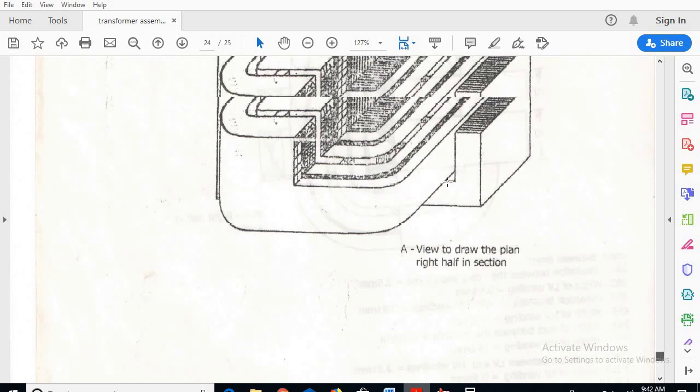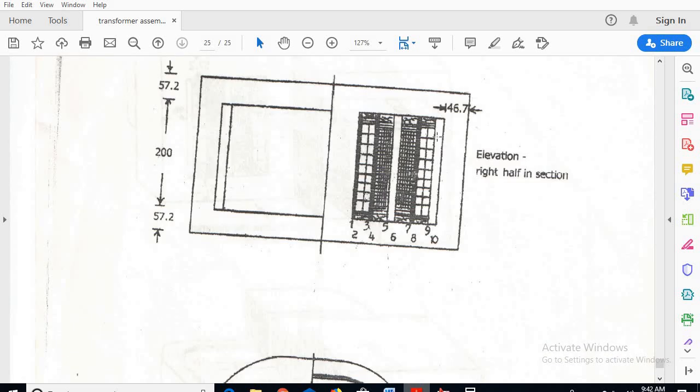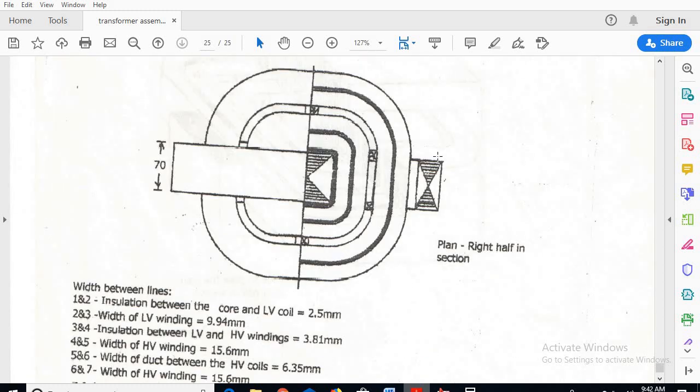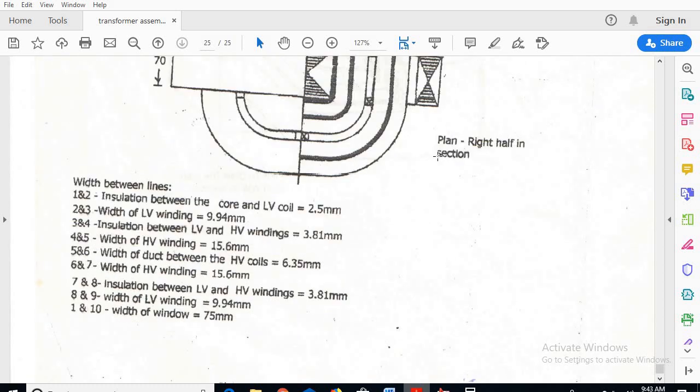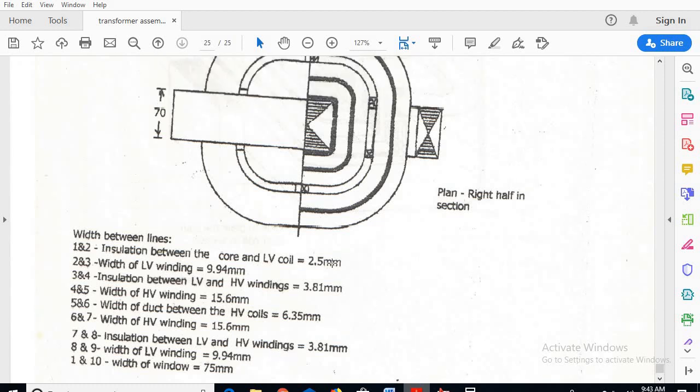After the LV winding, he has not mentioned any insulation. If we want to, we can mention the insulation at the end also. Here you can see the width of the LV winding 9.94, and that position is where he has stopped.